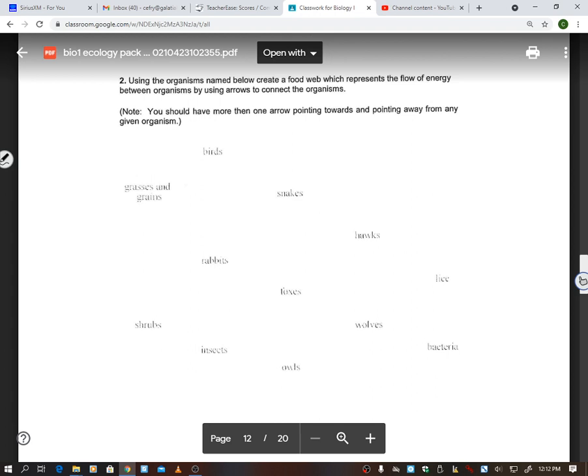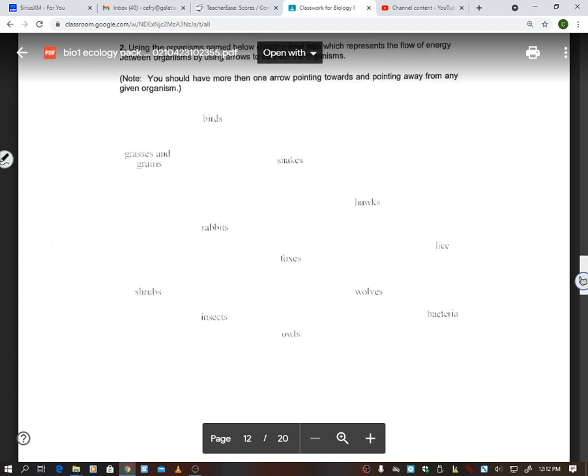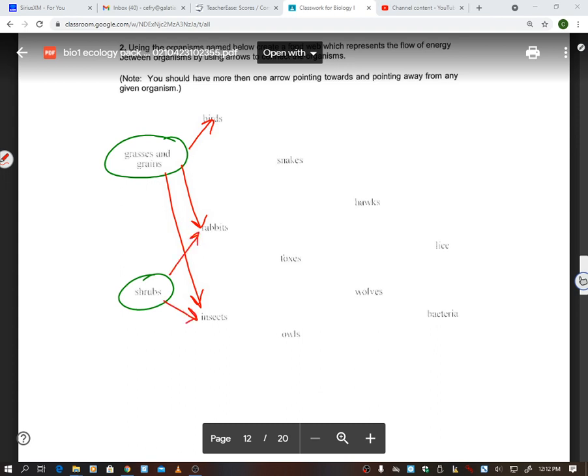So we're drawing the arrows. So I'm looking here and I'm trying to figure out, like, okay, who is my producer? And it's right here, grass and grains. So then I'm like, okay, well, who then? I'm going to do, I guess, bread. Who's next? Who's my primary consumers? Oh, here's some shrubs too. Okay, so then I'm like, okay, well, my birds are going to eat that. My rabbits will eat this. My insects. Now look though, my shrubs, maybe my rabbits eat my shrubs. Maybe the insects are also eating the shrubs.